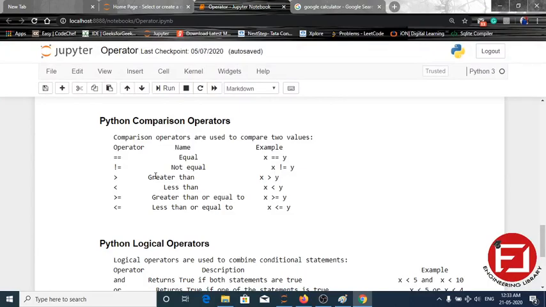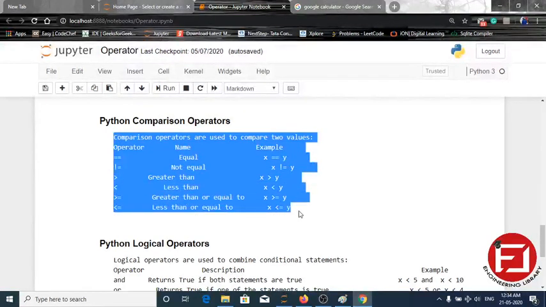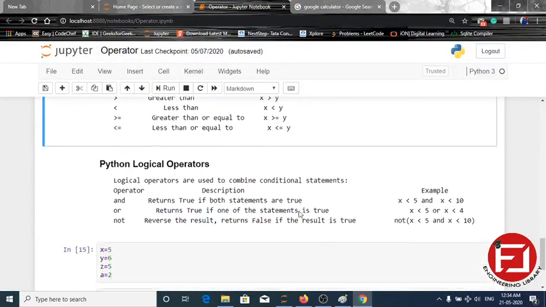So here the comparison operator comes. If the first element is greater than the second element, then we have to do some operation. In many programs, we frequently use these types of operators many times.